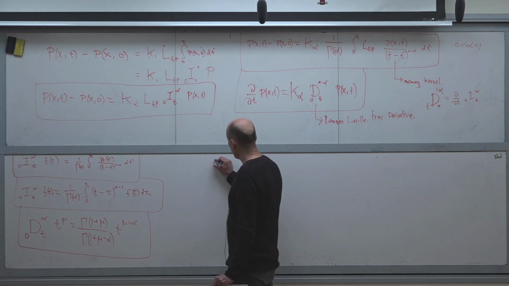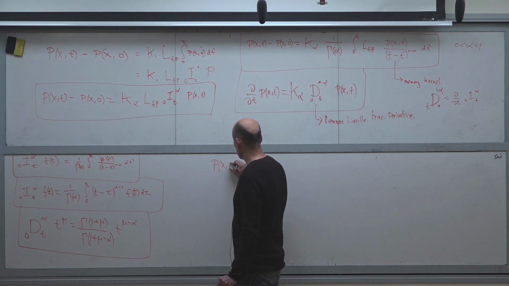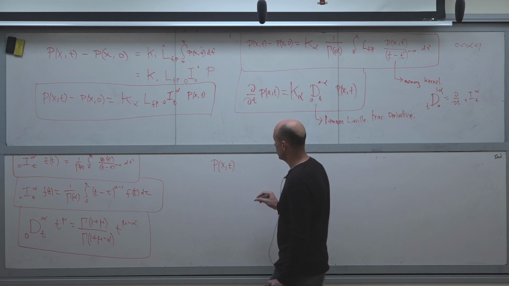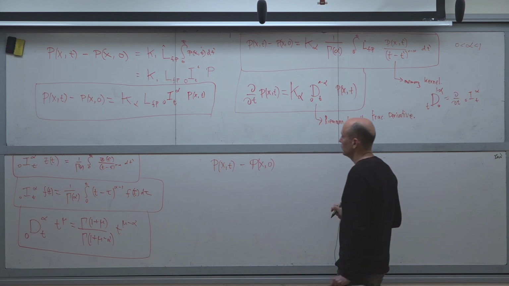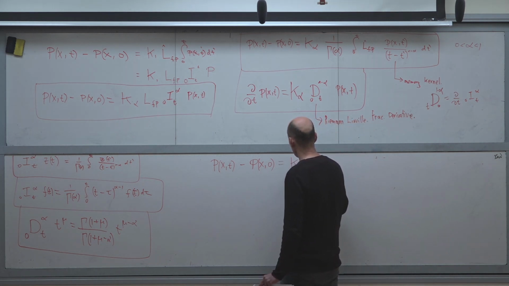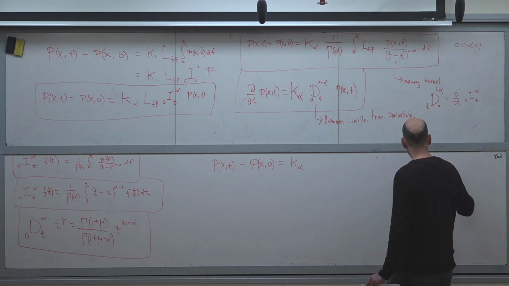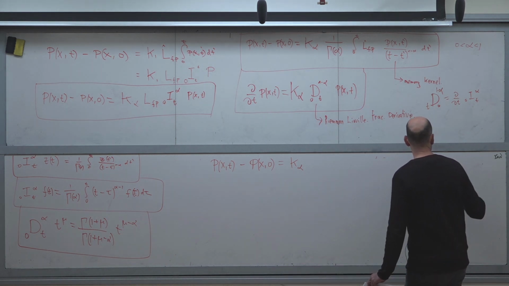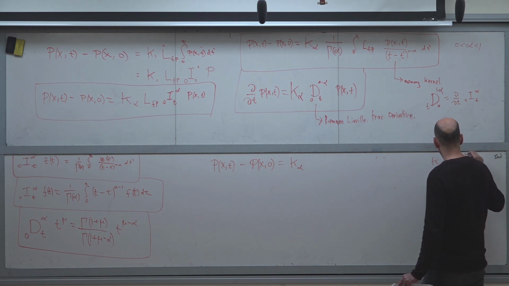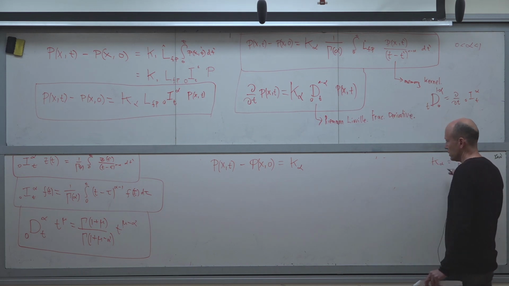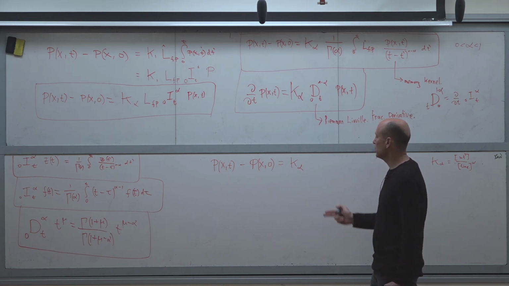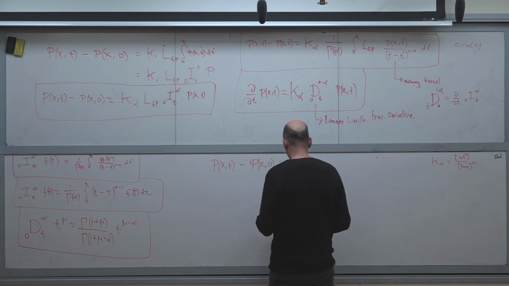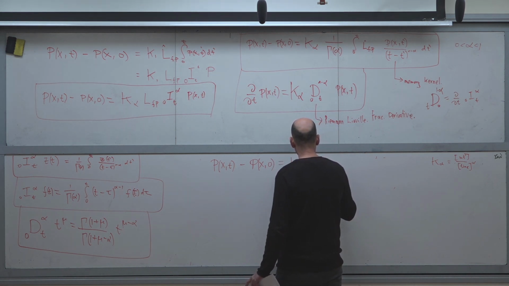So the fractional diffusion equation is this. The density that I'm interested in minus the initial density at time t equals 0 is equal to the diffusion coefficient K alpha. K alpha has units of meter squared divided by time to power alpha. So it's an anomalous diffusion constant. K1 would be the usual diffusion constant, but here we have something else. This is times this gamma function,